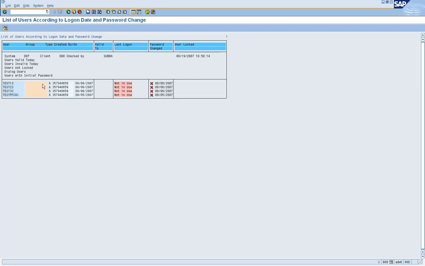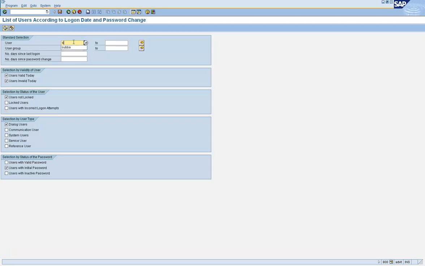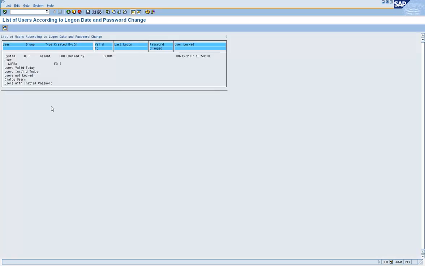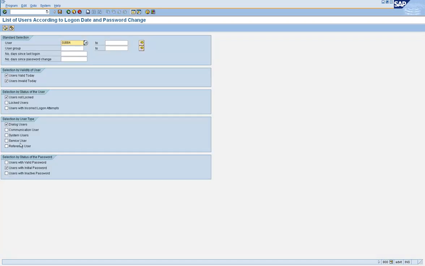So you created this user ID but never used it, is it? Yes, you never used these user IDs. If I use my ID here, it doesn't show up anything because I've logged in and changed my password. Understood?